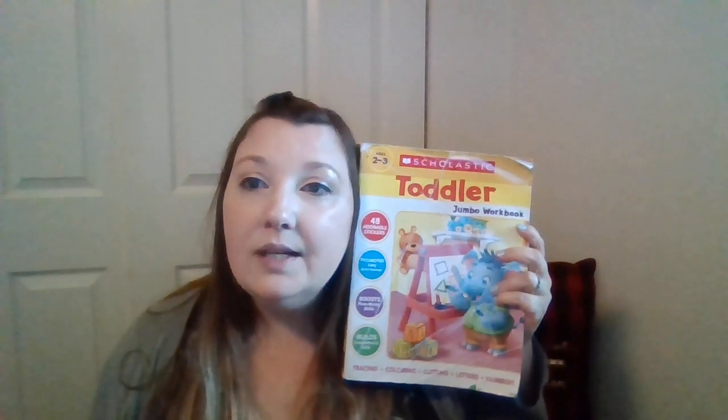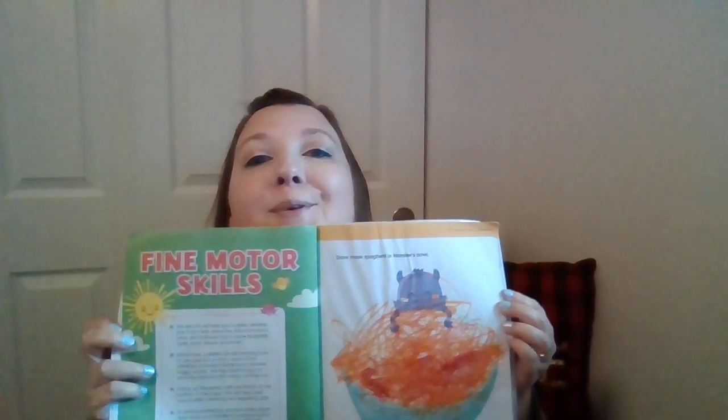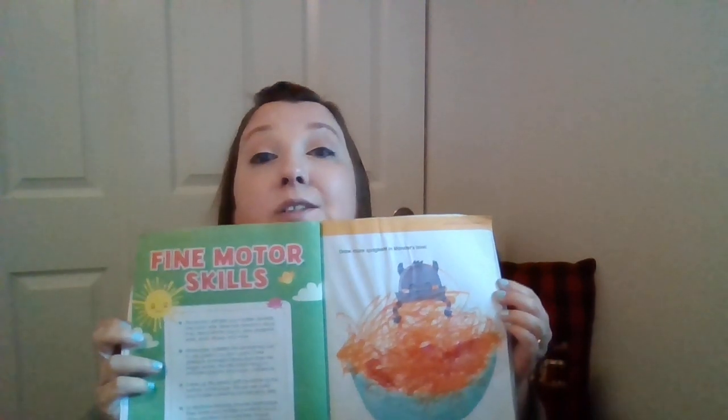But this is a little workbook I bought that's for children ages 2 to 3. And I started with her just before she turned 3. And on the first day, we sat down, and the first instruction was really simple. It said, just draw more spaghetti in the bowl for the monster. And she loved that. So, the first tip I can tell you when you're teaching a child of this age